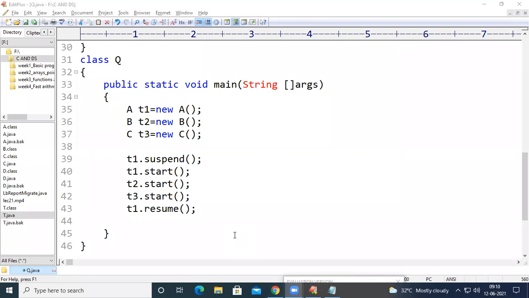In the next class, we are going to see the differences between a synchronized block and a non-synchronized block in threads. At the same time, we are going to look at thread priorities, and how we can run threads in the background. Here we are running the threads in the front end, but we can also run the same threads in the back end. I will explain how we can make threads run in the back end.